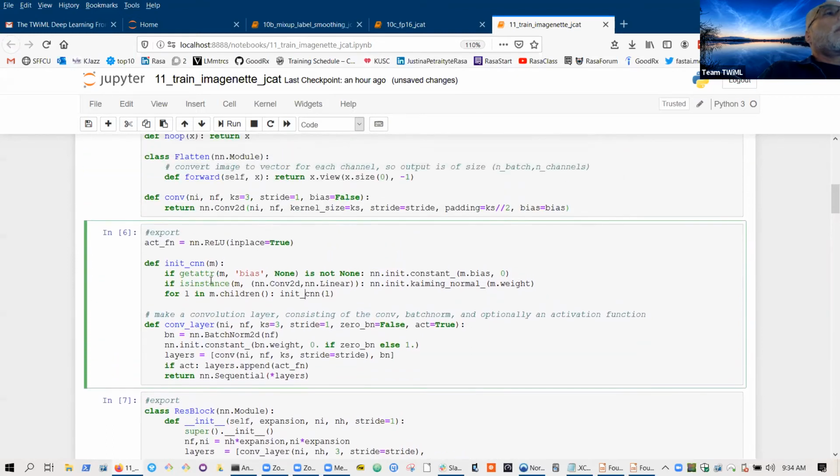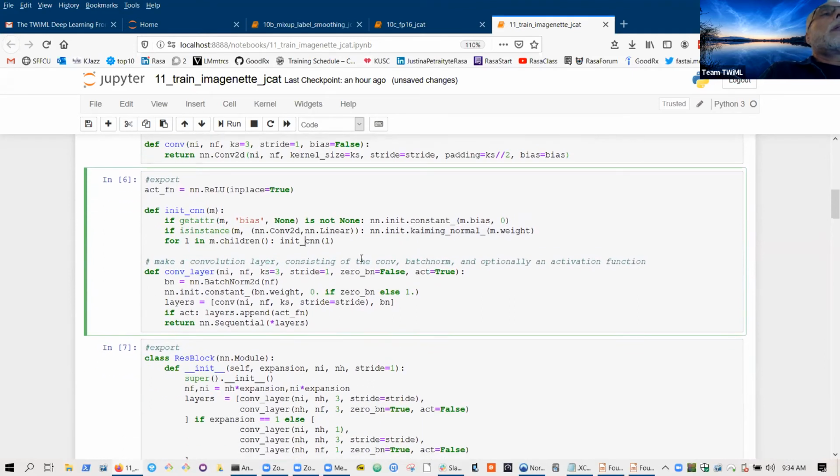So then he defines this function where you make a layer consisting of the convolution, a batch norm, and optionally an activation function. Because sometimes he builds a layer that includes an activation function at the end, and then part of the ResNet you don't want to do that. There are some parts of the ResNet for which you want to apply the activation function later. So that's why he has this option to apply the activation function at the end or not. And this is just what you'd expect. You give the input and output sizes. You specify the kernel size for the convolution, the stride, and then he's got this